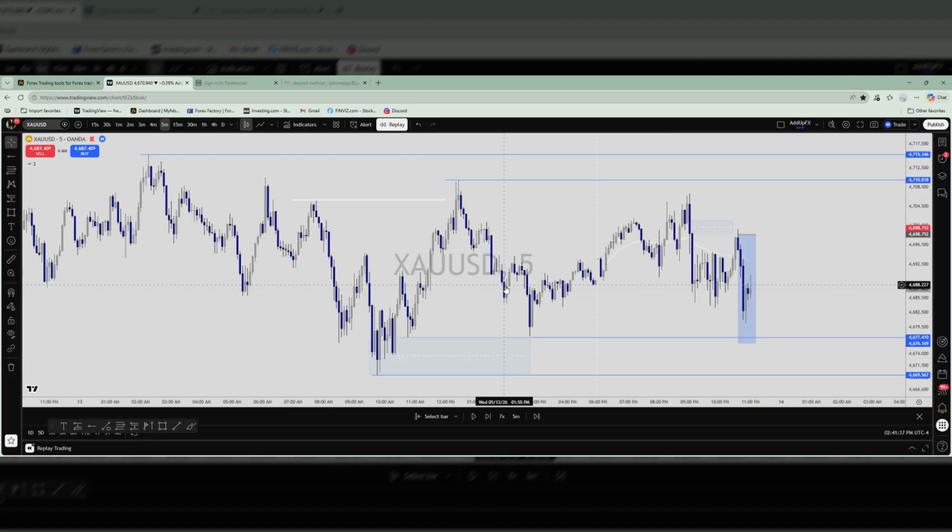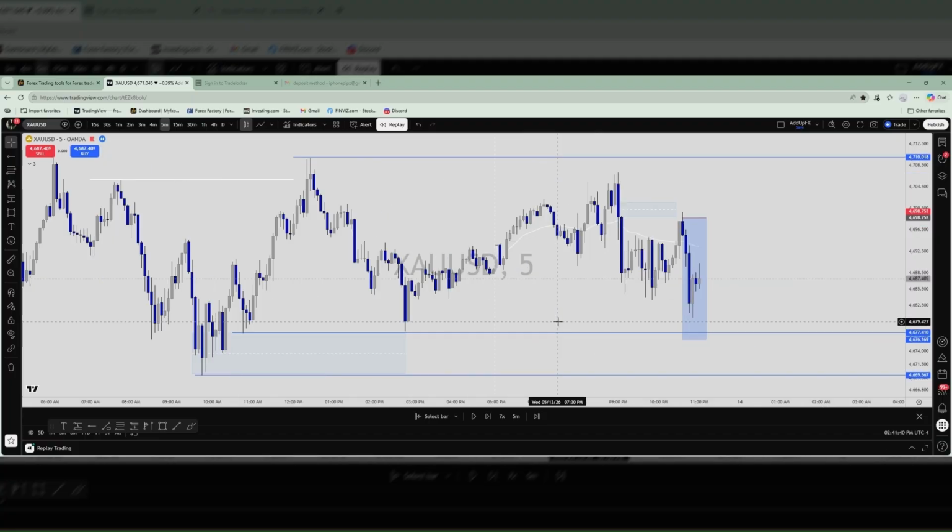And gold will make you feel like you're wrong when you're right. So it comes back up here. It rejects off of this order block. And I'm aiming for the wicks a little bit under it. So it rejects and it's coming up. And again, I'm at break even. So I'm like, all right, what is it going to do?